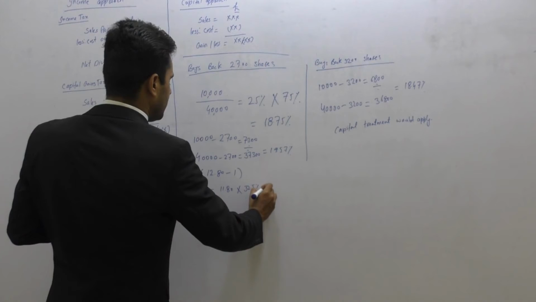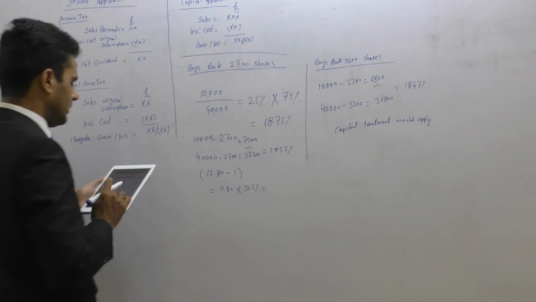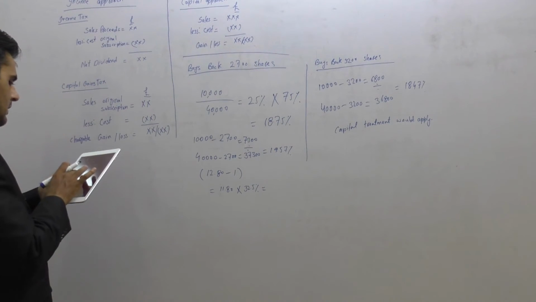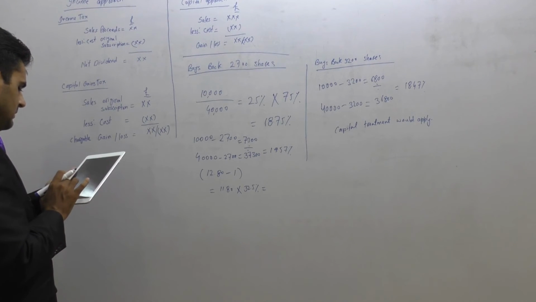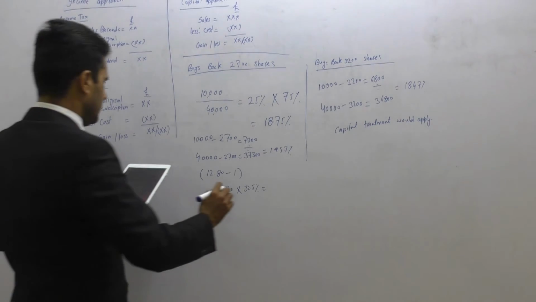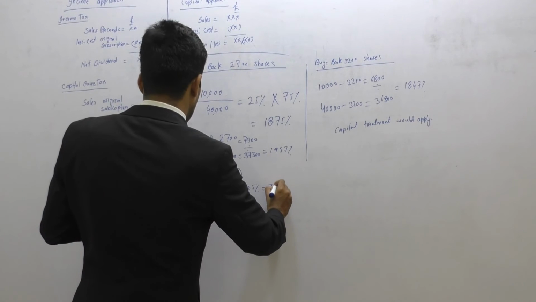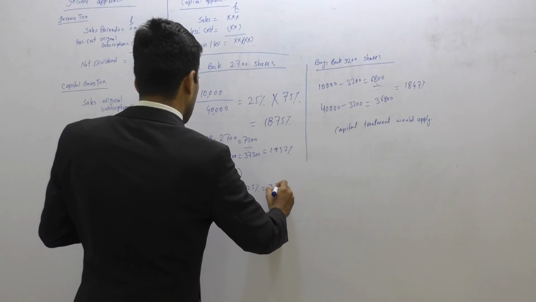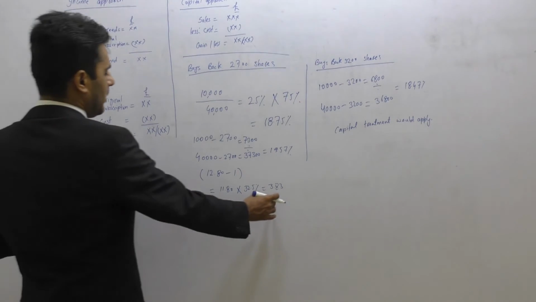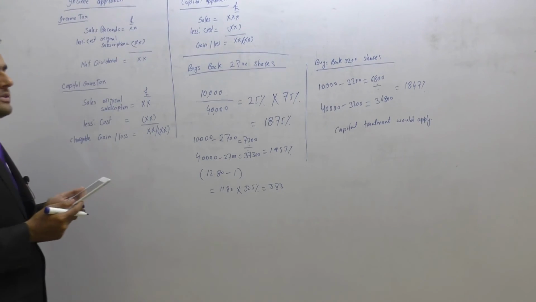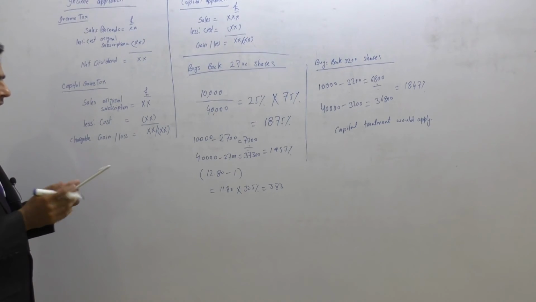So whatever the tax is, let me see it on the calculator. £11.80 times 32.5%, so that is £3.83, right? So that is our £3.83. That is our tax on the dividends under the income approach.